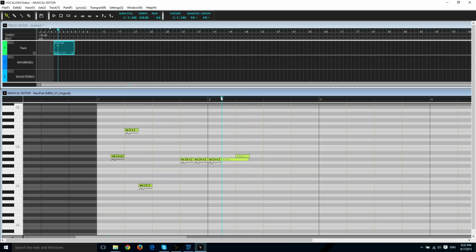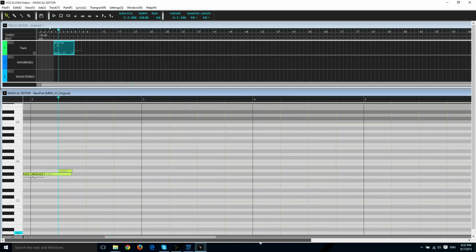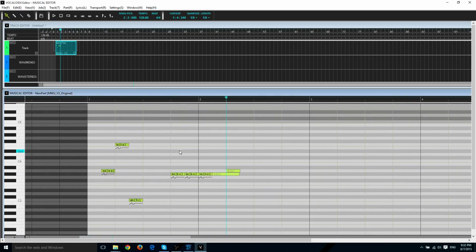So we have the problem here where we have overlapping notes, and that's a problem because that's an impossibility. Now, you may have seen in that brief error message that we can actually fix this by going to, I believe it's a job, and then normalize notes, otherwise just hitting N on your keyboard. What this will do is make cuts with the overlapping notes so that it will fit properly. And I imagine what's going to happen here is that the E is going to be